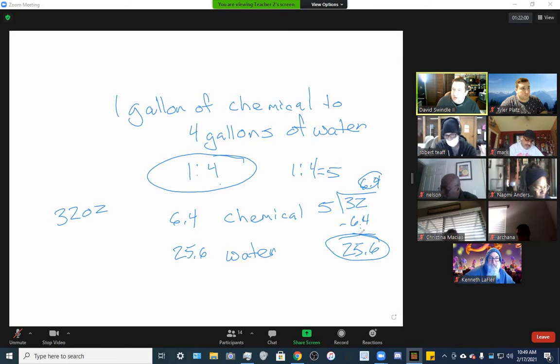Right? So this only happens when we have a fixed container, like that spray bottle, where there's only so much room in that bottle. And in that case, and all I have is this dilution ratio, I have to make sure I'm mixing it properly. And that was exactly the right way to explain it. Eduardo, you nailed it. Good job.